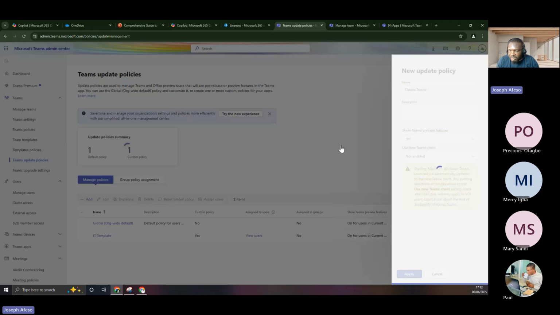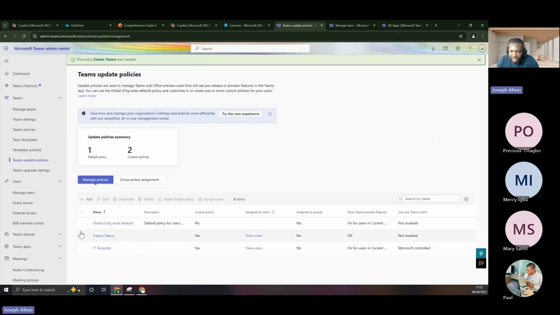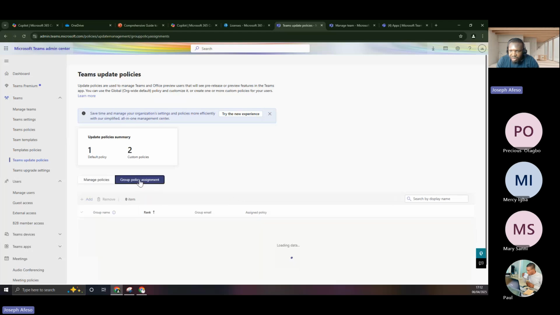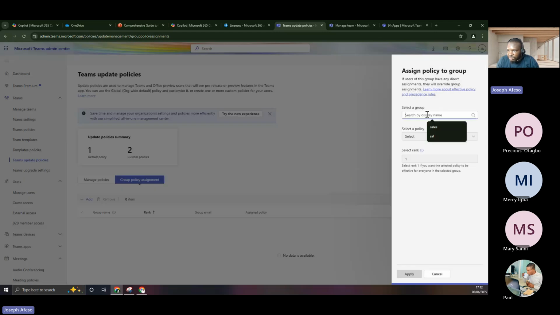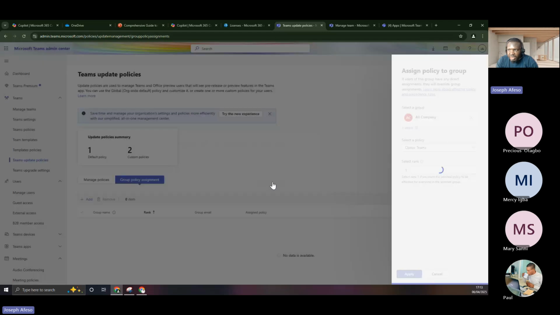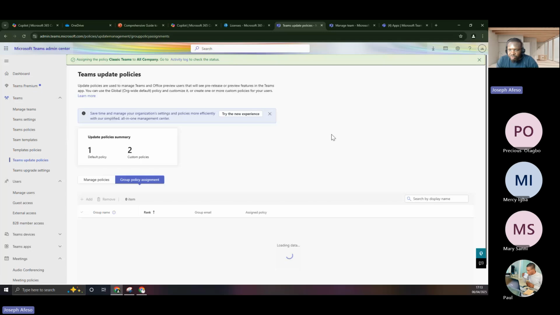What happens here is that this policy that you have here, you can decide to now assign it to a group, like an org-wide group. Okay. You can now search for all employees. So there should be a group that an organization will have that is called all employees, all company, right? So if you do this, that means that everybody in your organization is going to be on classic Teams, right? Now I want to apply it. So what this is going to do is that everybody in this organization is going to be using classic Teams, and also that